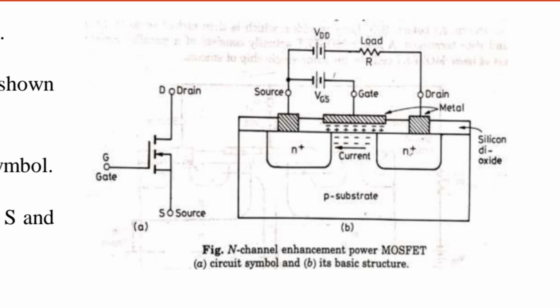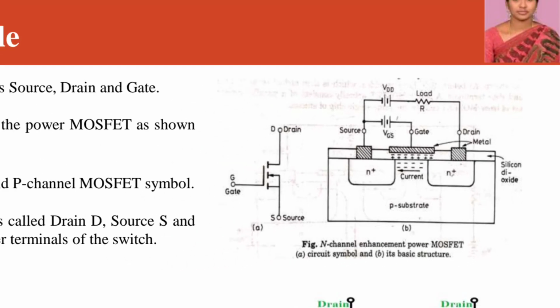There is a silicon dioxide layer above the N plus region. This forms the gate terminal. The voltage is applied to the gate terminal with respect to source. The gate terminal is positive. An electric field forms below the silicon dioxide layer. This field will attract the minority carriers of the P substrate, which are electrons. The electrons accumulate below the silicon dioxide layer, which forms the N channel. So through this N channel only, the current flows from drain to source. Based on this, the MOSFET turns on.